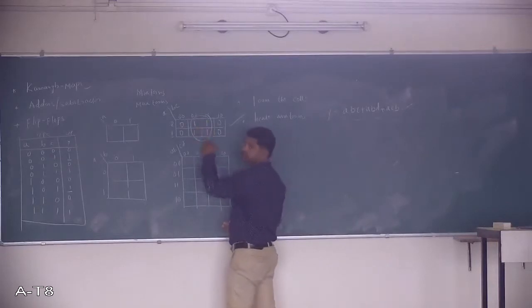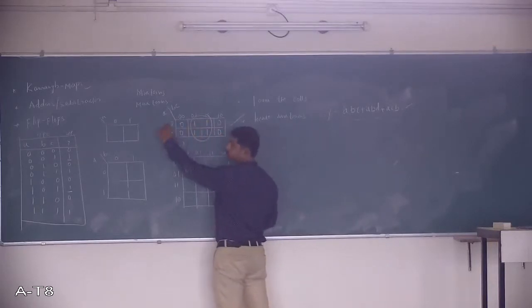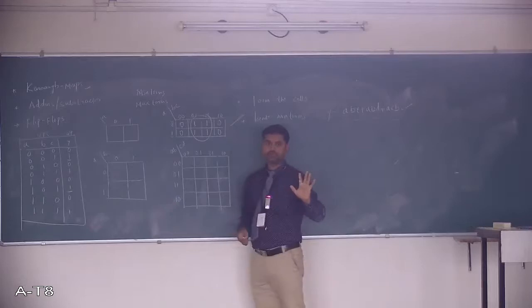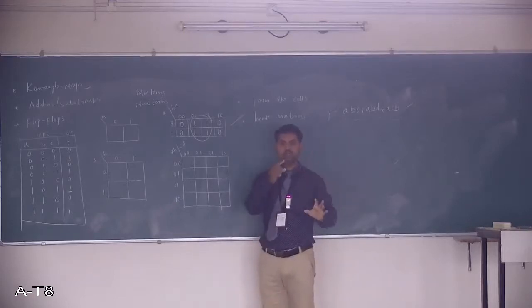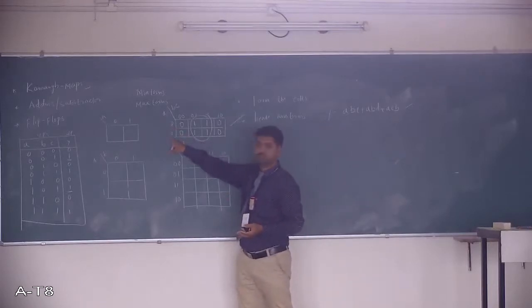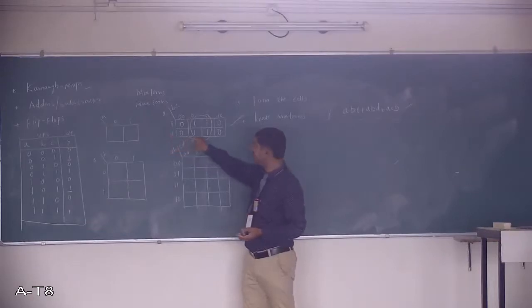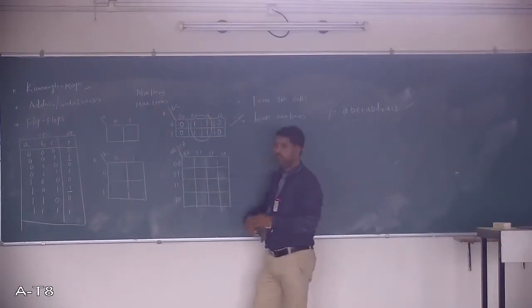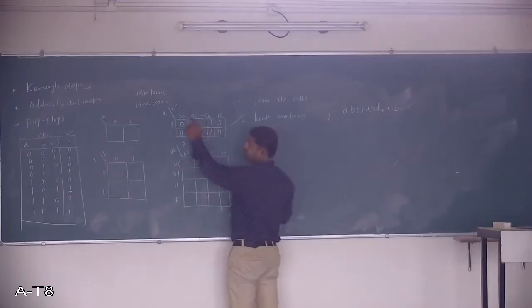This is the grouping. Consider these two rows. A value is 0 here, A value is 1 here. That will get cancelled, because you know one of the identities, A into A bar is always 0. You have that identity. A into A bar is always 0. So A is 0 here, it is 1 here, that will get cancelled. Horizontal is over, now check it vertically. This is 0, it means it is B bar. Here it is 1, it is B, again B into B bar will get cancelled.